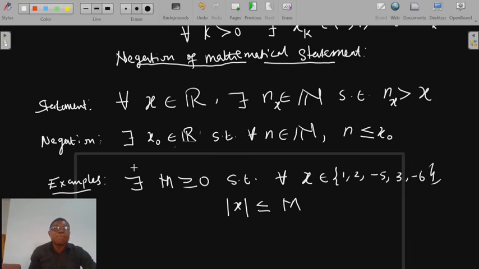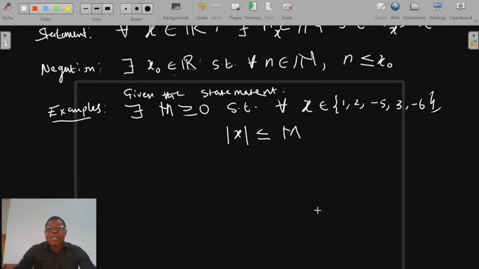Given this statement, there exists m greater or equal to 0 so that for all x here, absolute value of x is less than or equal to m, the negation of this statement